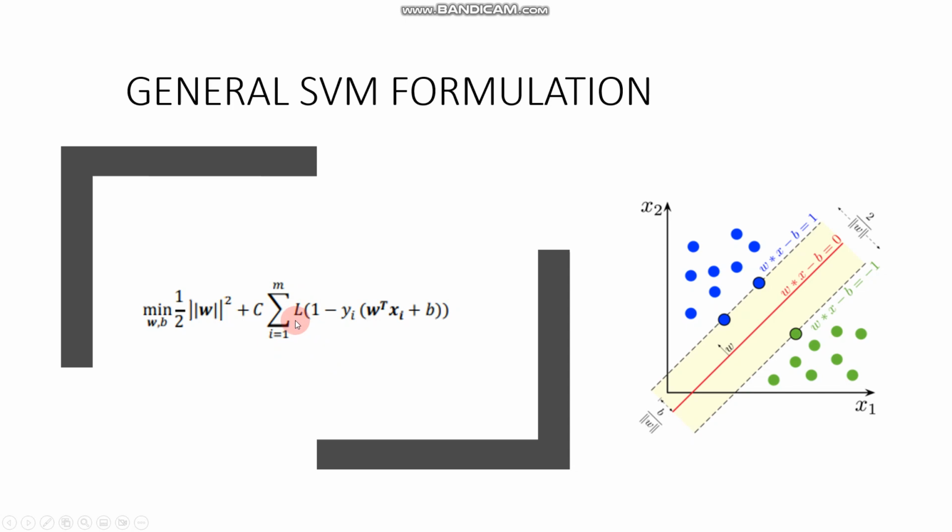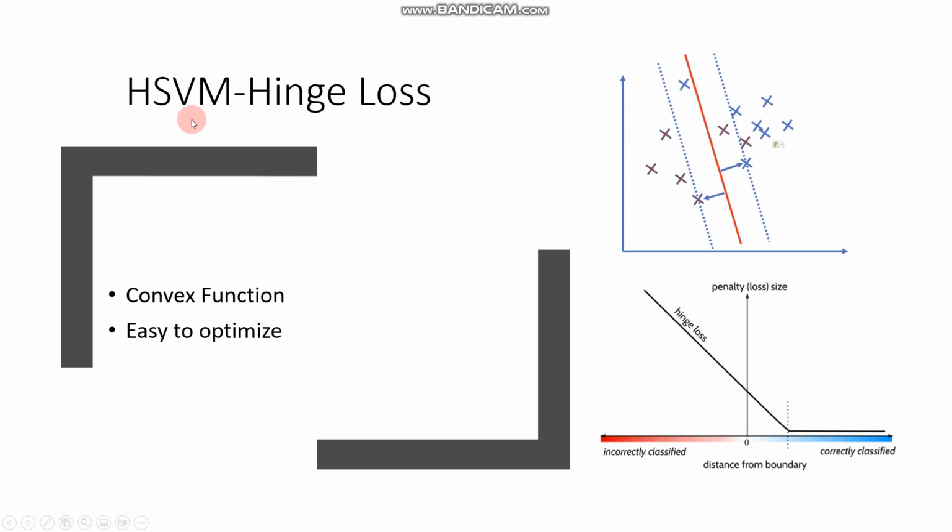And now let's focus on this loss function, which is going to be extremely critical for our project. So this is the regular SVM loss function, hinge loss. As you can see, this is the plot of the loss function with respect to distance from the optimal separating hyperplane. And it's a convex function without any bound and is optimized due to the convexity of the function. And what it does is penalize the misclassified samples,